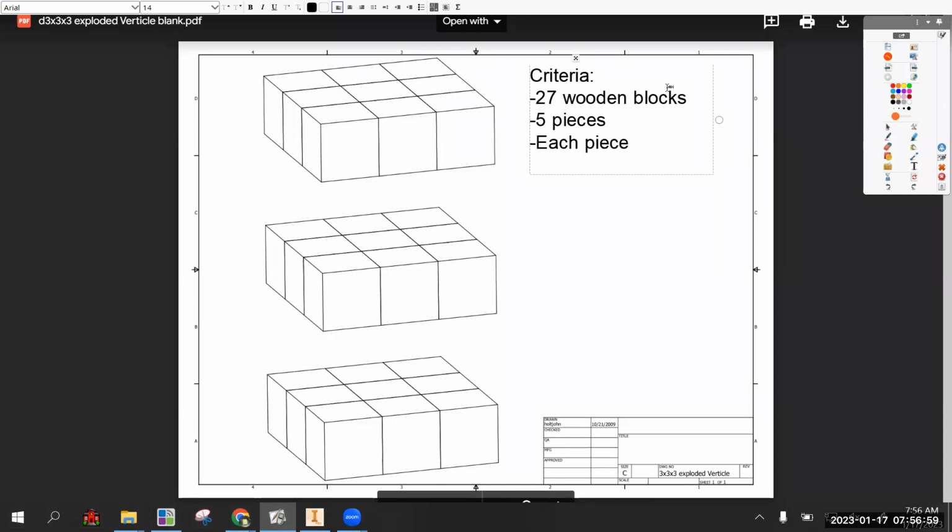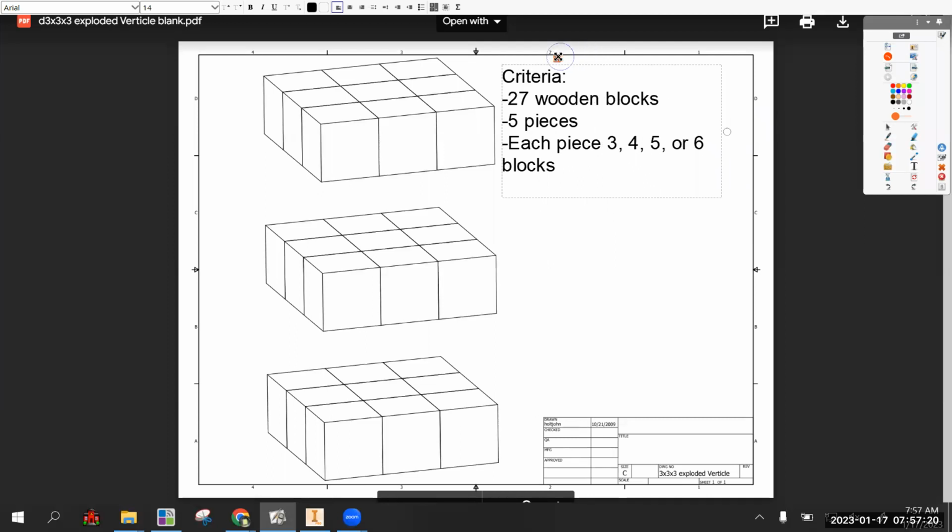Each piece is 3, 4, 5, or 6 blocks. Okay, we talked about this before. The language is made out of individual wooden blocks that are the size of dice. You're going to use those glued together in either 3, 4, 5, or 6 of those together,